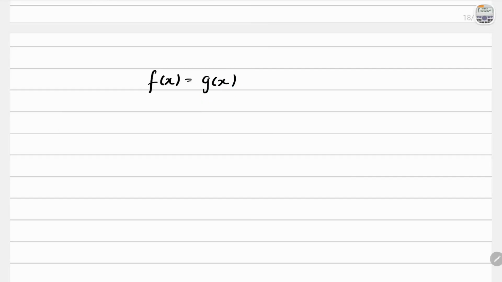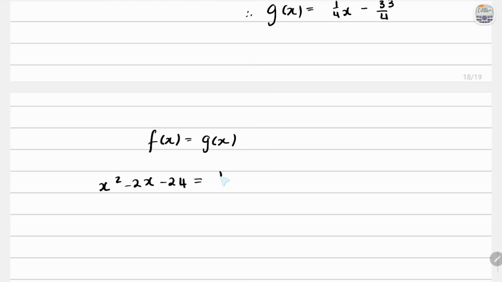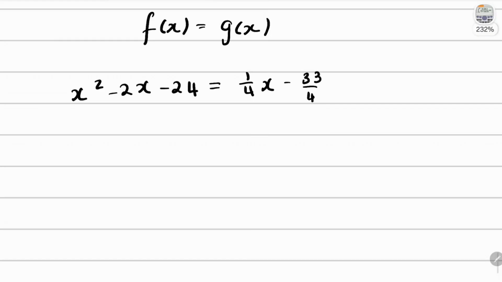And we know that f of x equation looks like this. So we're just saying that this is f of x, and it's equal to g of x, which is this. Okay, so it's 1/4 x minus 33/4. And now we just have to solve for x. So x squared minus 2x, and then transpose the 1/4 x, minus 1/4 x, minus 24, transpose, that's positive 33/4,